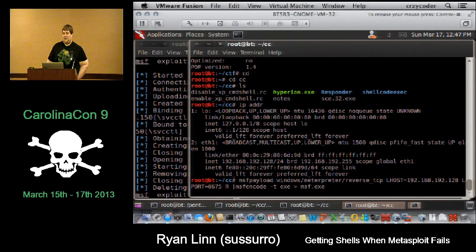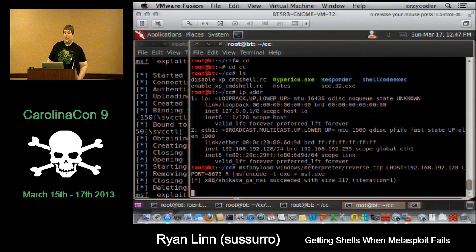This will take a second to encode. Basically, this uses the Shikata Ga Nai encoder that Matt was talking about. Shikata Ga Nai is the default encoder. So we'll try encoding it, we'll see. Sometimes this will end up being enough to evade AV, sometimes it isn't. So what we're gonna do is move the msf.exe to, I put all my stuff in /var/www,